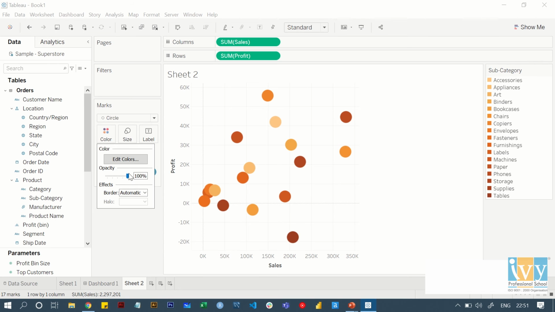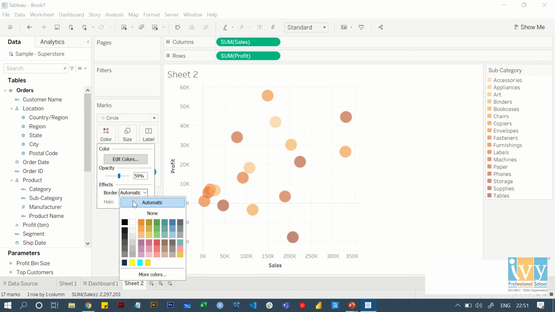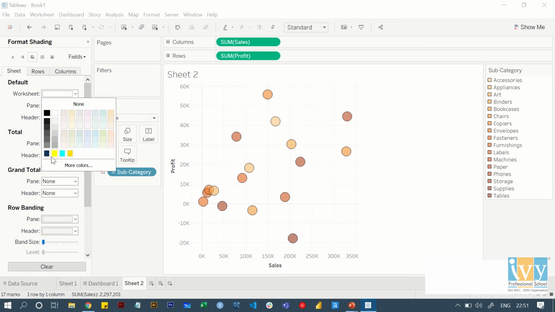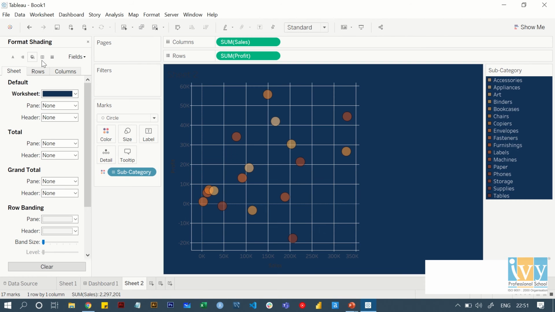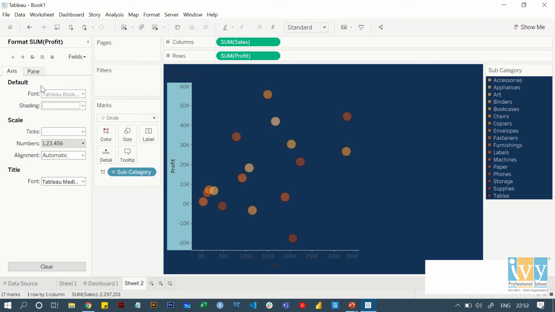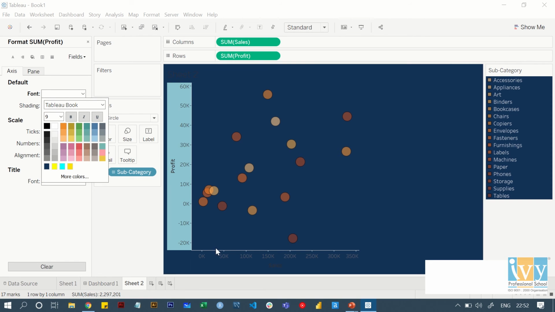I'll reduce the opacity and also give it a border color to help me differentiate. Perfect. Now what I want is to format the sheet and give it a background color, which is blue in this case. I also need to remove the grid lines because they are not at all looking good, right? And also make these white pretty quick.